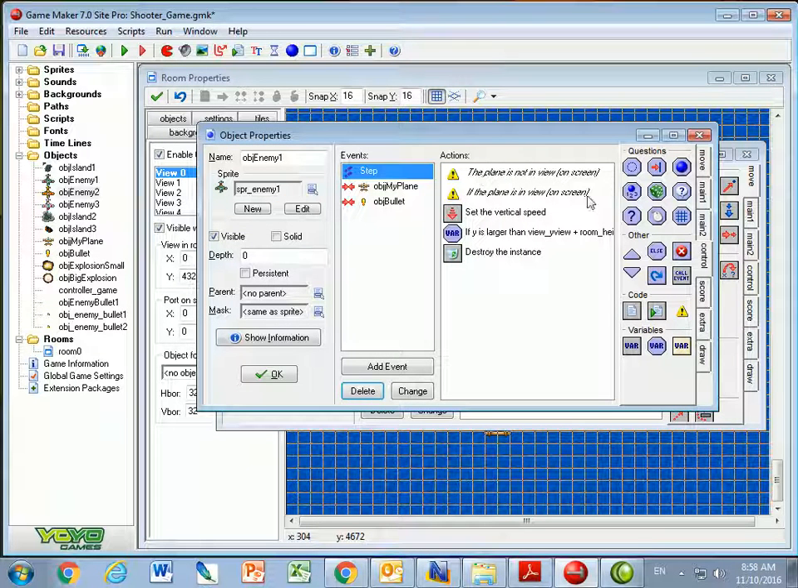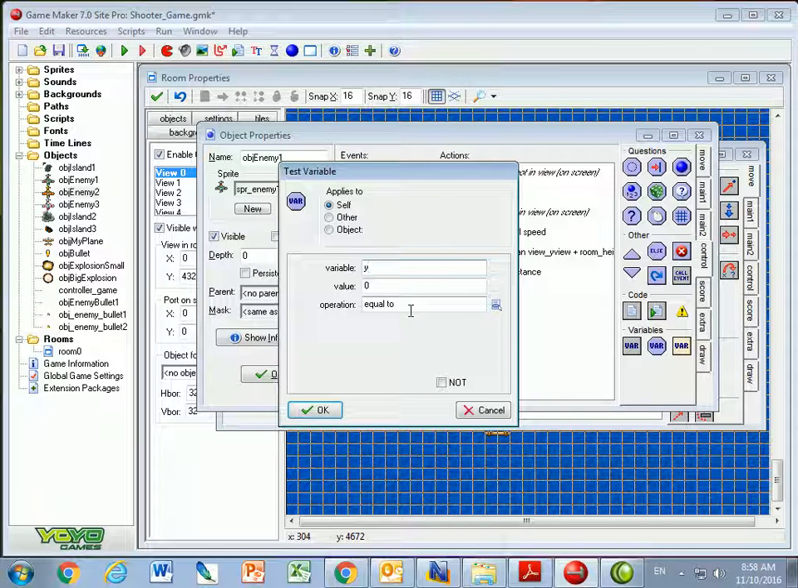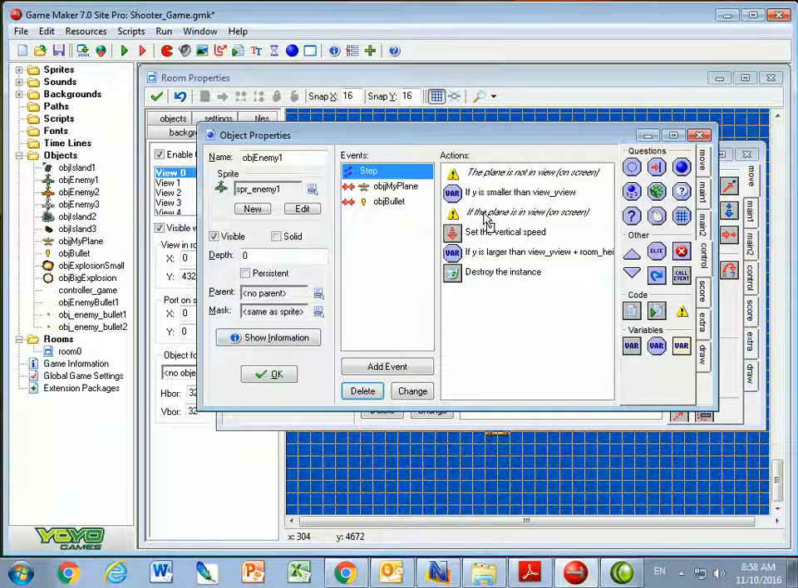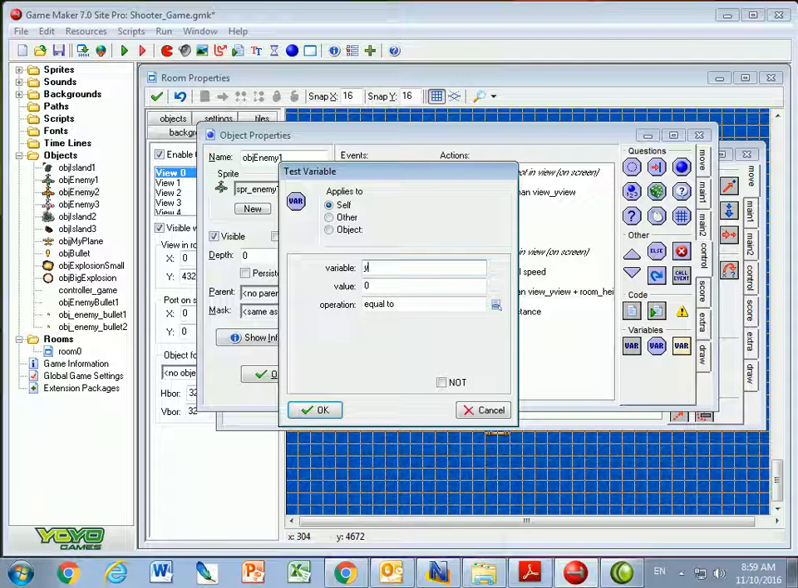So if the plane's not on screen, what I can do is test if variable y is smaller than view underscore y view. So if y is smaller than view underscore y view, I want to not do anything. So I say exit the event. And the other case where the plane's not in view is if variable y is larger than view underscore y view